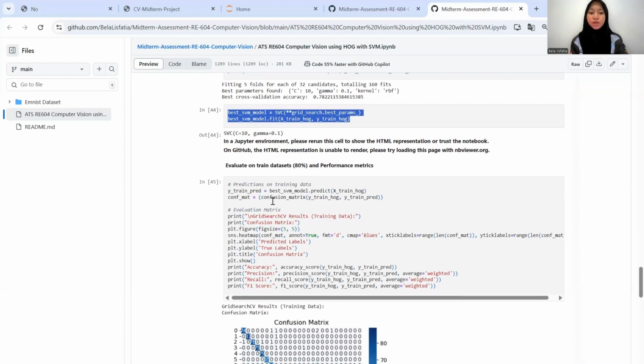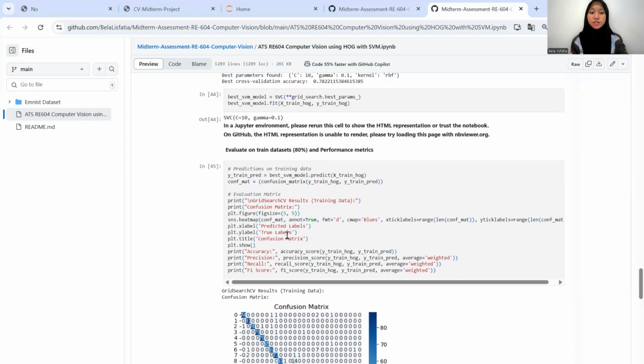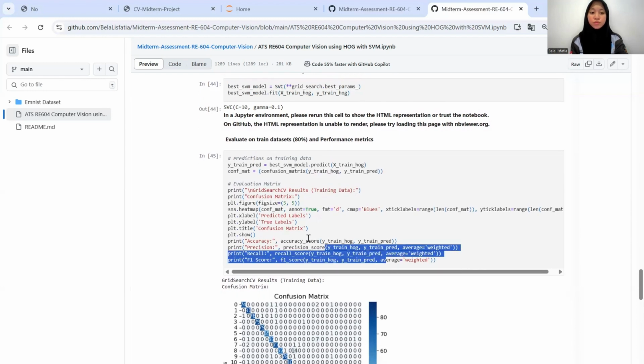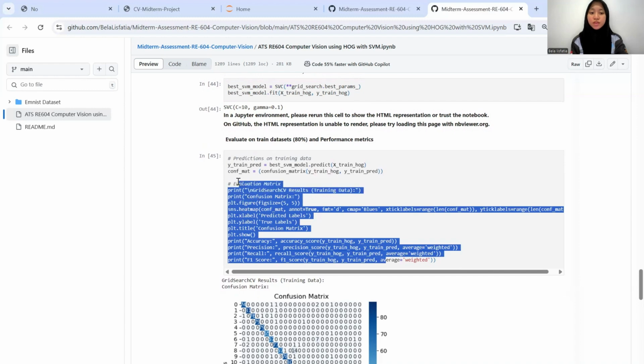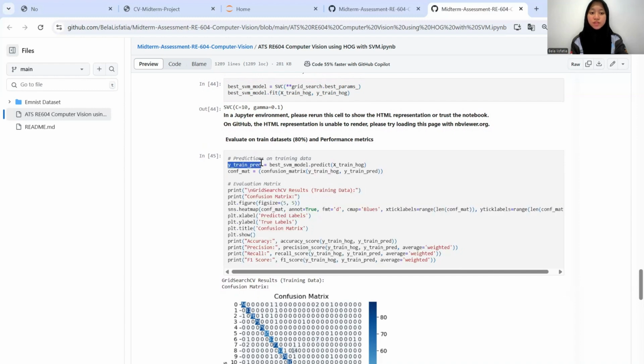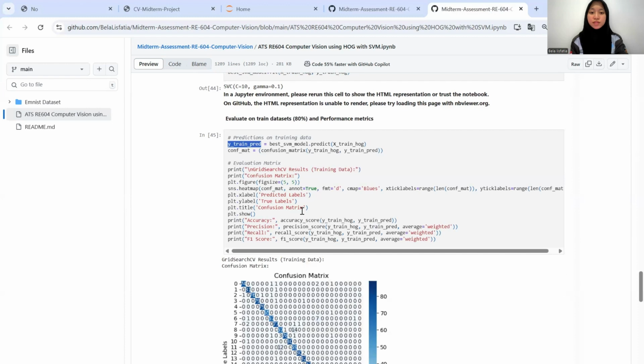After that, re-evaluate the training data to know the performance metrics using y_train prediction, and put the y_train prediction into the performance metrics like accuracy, precision, recall, and F1 score.